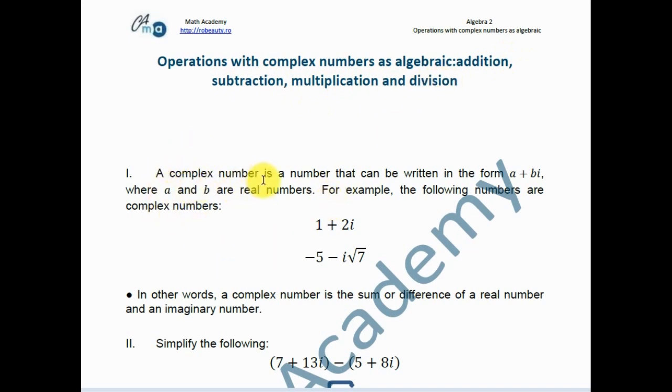Remember that a complex number is a number that can be written in the form a plus bi, where a and b are real numbers. For example, the following numbers are complex numbers. 1 plus 2i is a complex number, and so is minus 5 minus i root 7. In other words, a complex number is the sum or difference of a real number and an imaginary number. Let's see